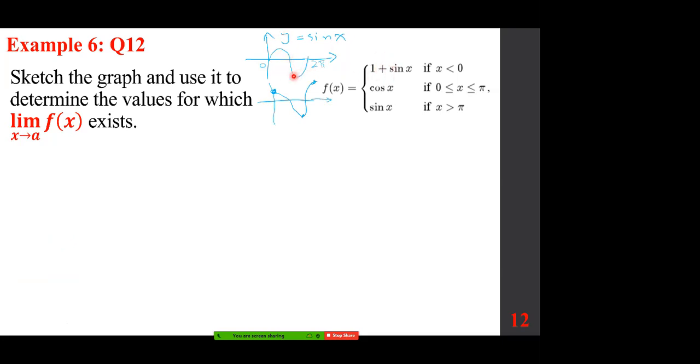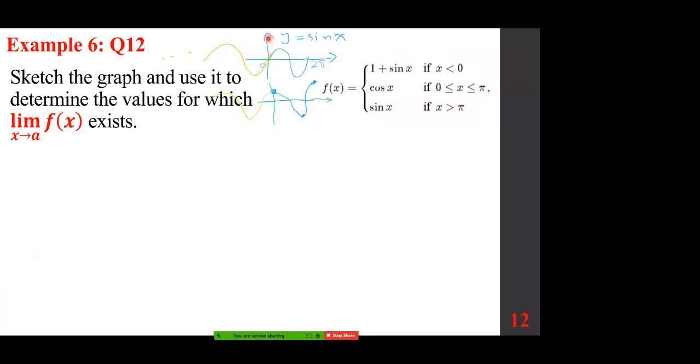So this thing goes up by 1. So when x is less than 0, and remember, this thing continues indefinitely on both sides. So this one, for the first part, comes up by 1. So this goes here, and that would be